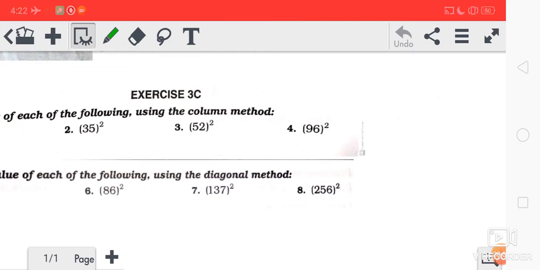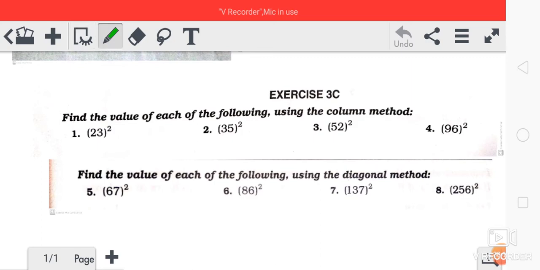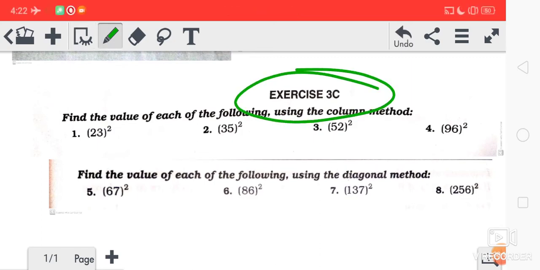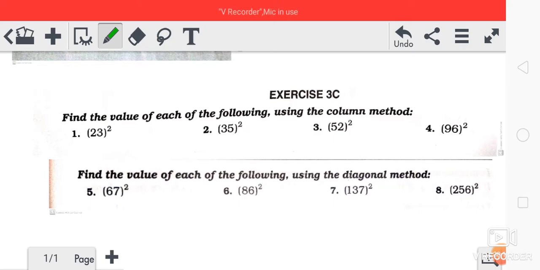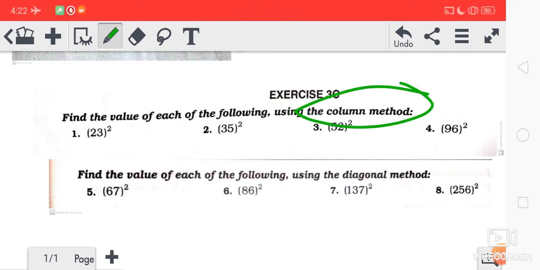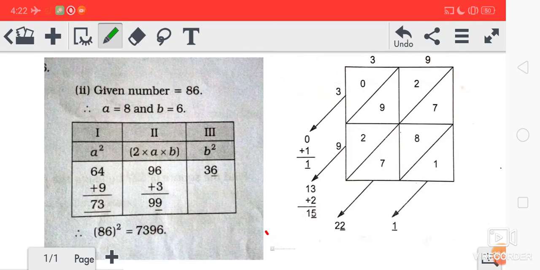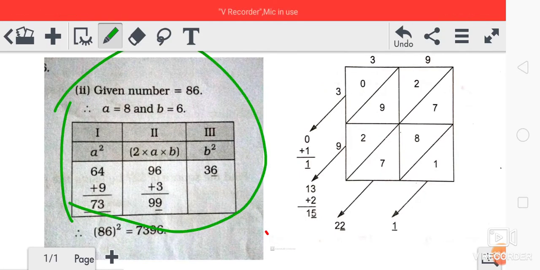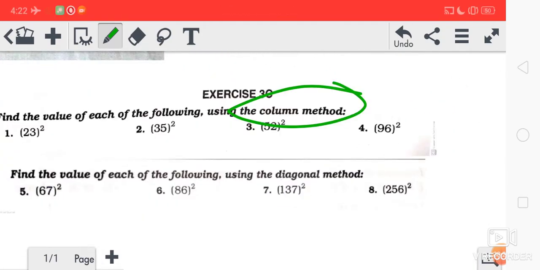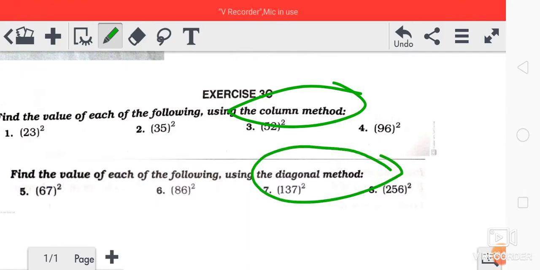Today we are going to continue exercise 3C. In the first part we have already seen the column method, which we did yesterday. Now today we'll solve with the diagonal method, which means finding the square by the diagonal method.